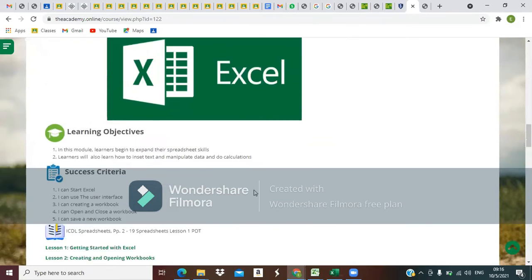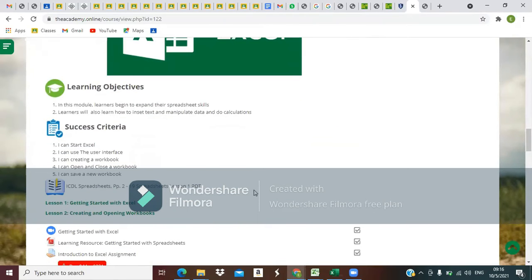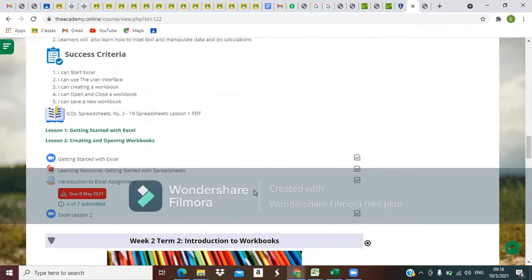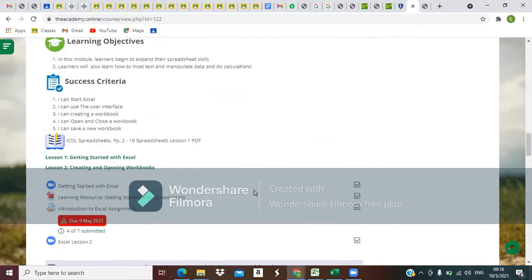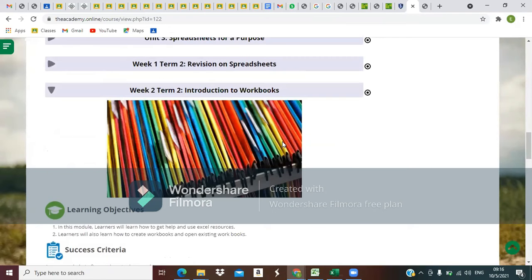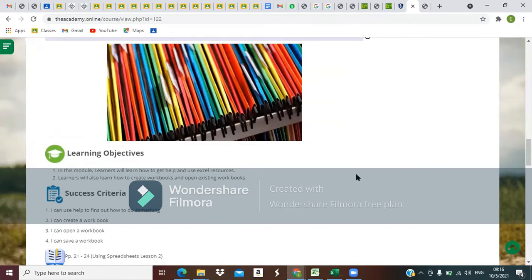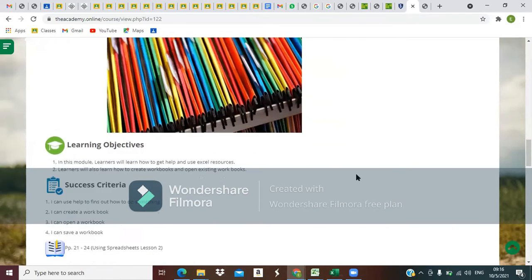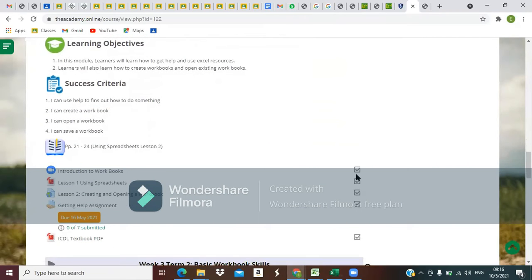So what we were looking at last week was basically starting up Excel, and I think you customized the ribbon and opened and closed workbooks. It was a very basic introduction that we did. Today we want to build on from there and introduce workbooks, okay? And I have posted a resource which I believe I mentioned last week, which is